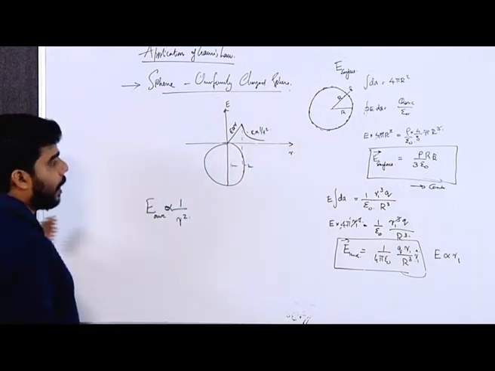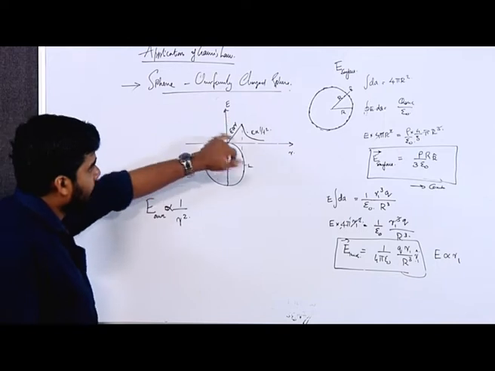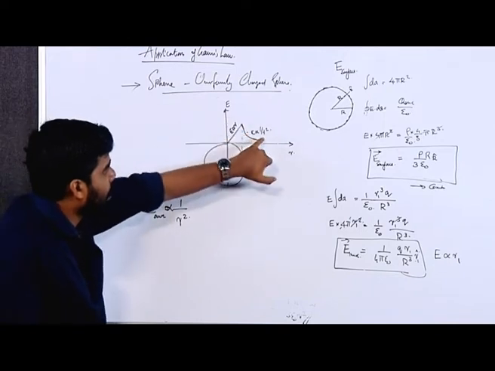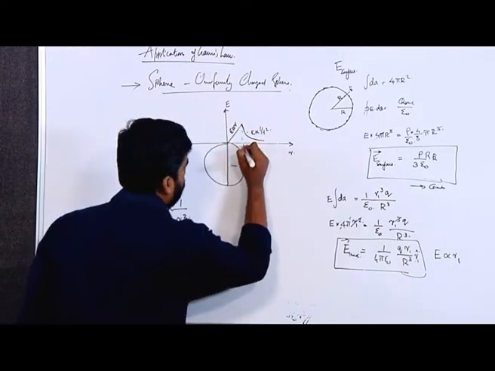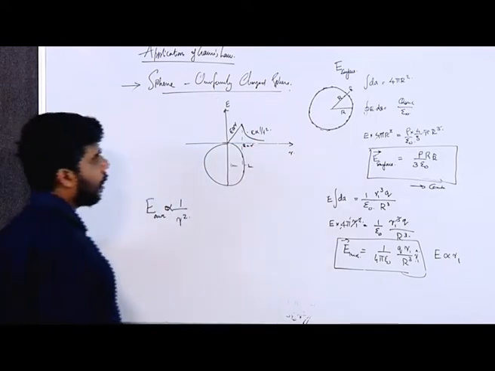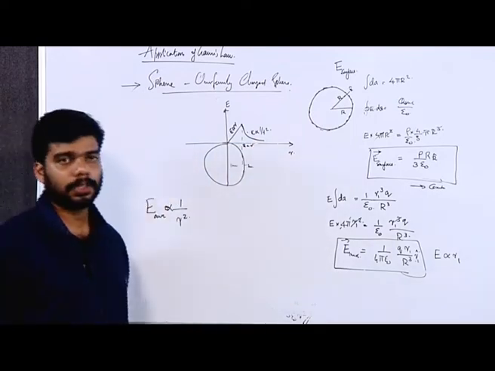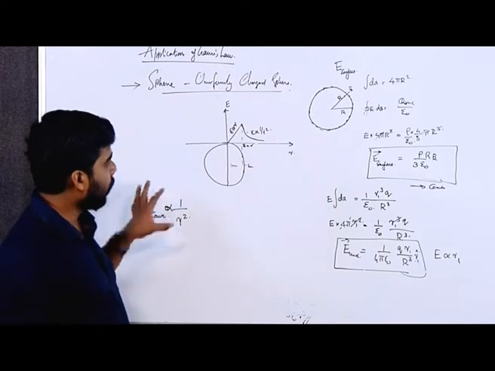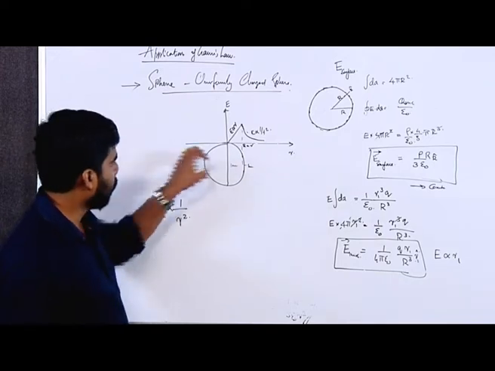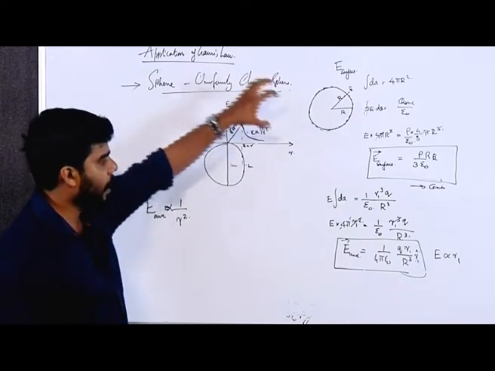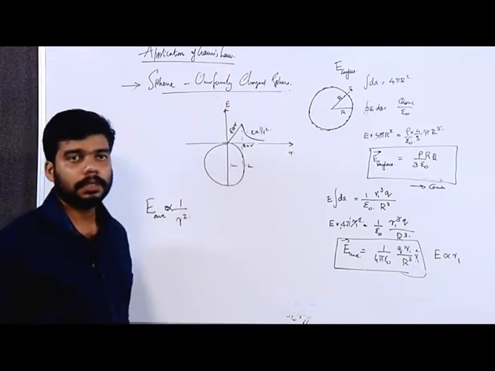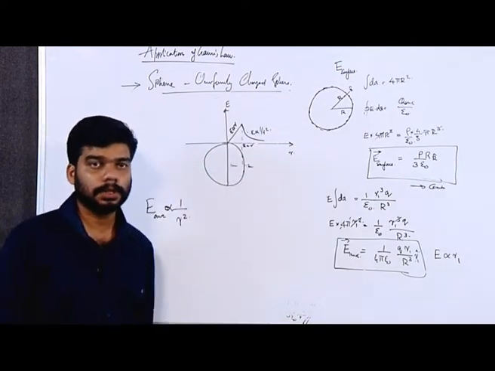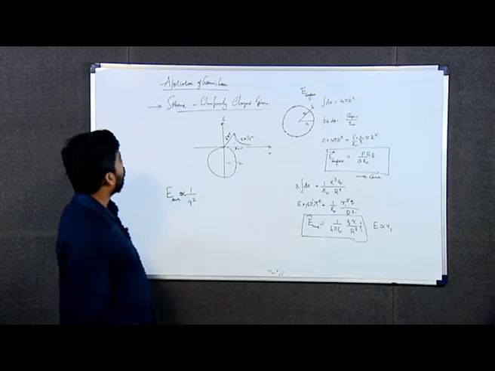This is the variation of electric field inside and at the surface, and at this point r is equal to R, and outside E is proportional to 1 by r square. This is how electric field is varying inside, at the surface, and outside the uniformly charged sphere. Now we will look for